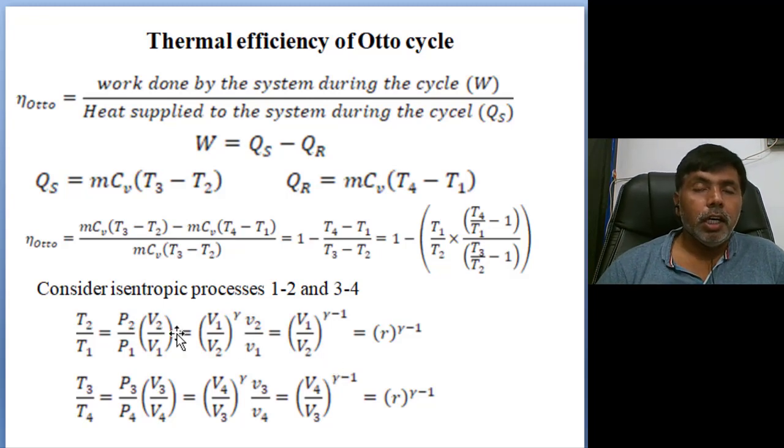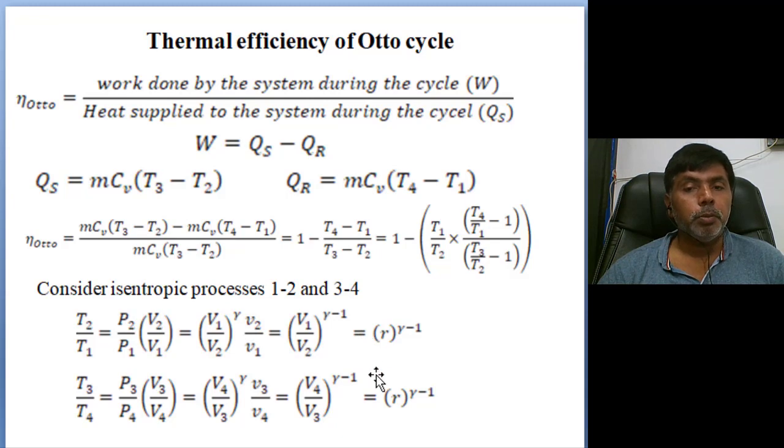relations of the adiabatic process, the temperature to volume relation. Then the volume ratio we are already given as R, the compression ratio. The compression ratio and expansion ratio, volume before compression by volume after compression, and volume after expansion by volume before expansion, are both the same. Why? Because both heat addition and heat rejection take place in the same common process, constant volume. Then we substituted here, T4/T1 equal to T3/T2, and automatically the whole term will cancel.